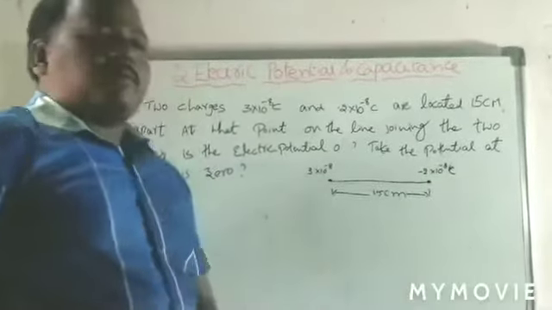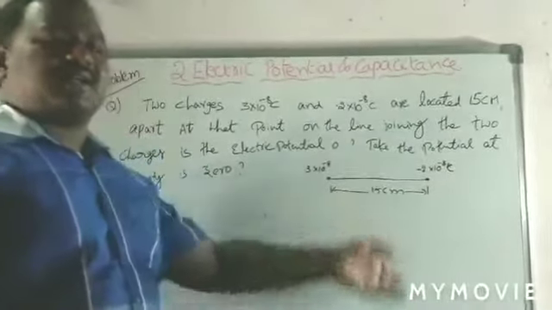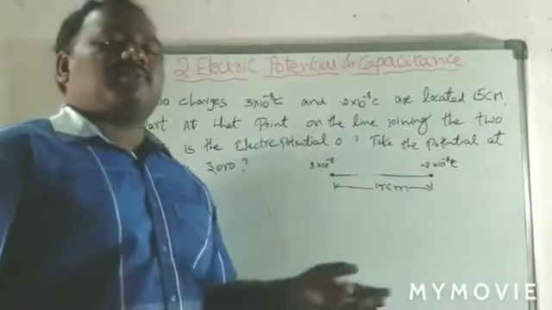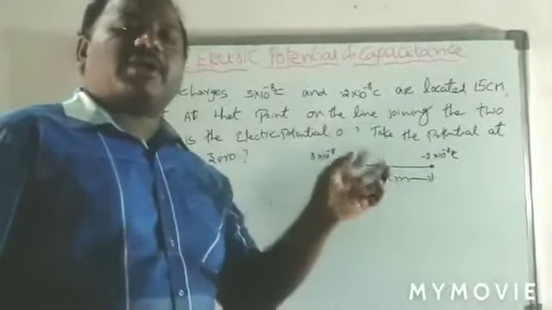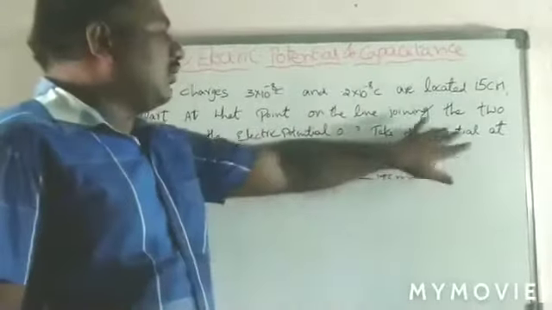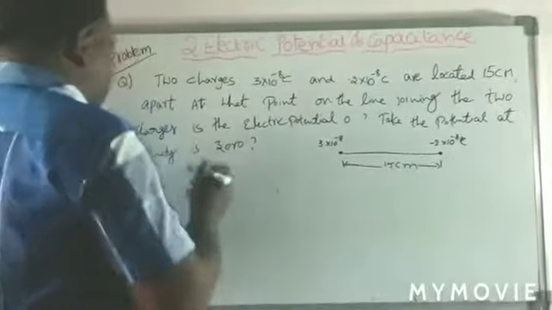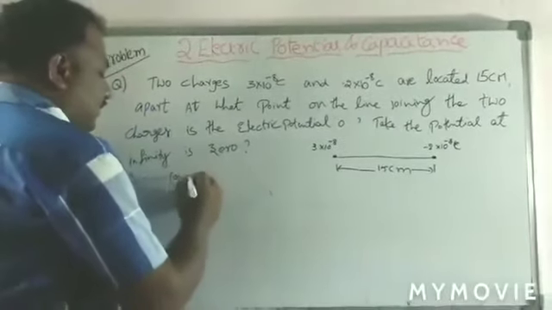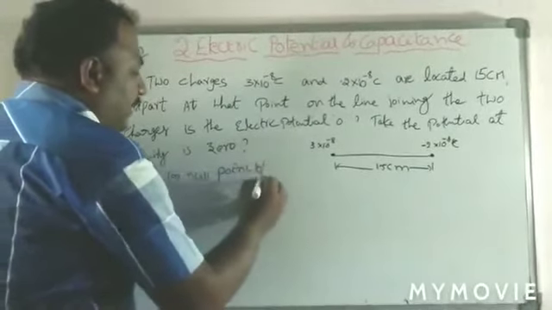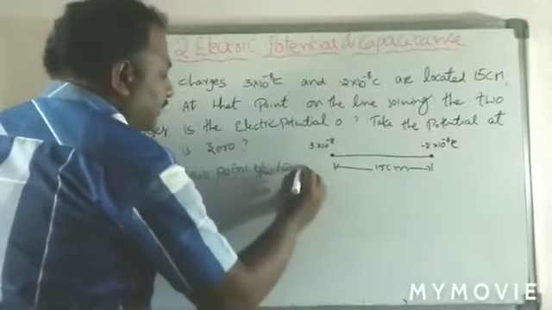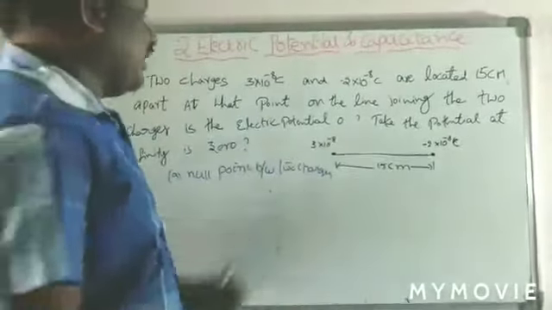Similar to the previous problem, take the potential at infinity as 0. So this is the general condition they given. Potential is nothing but potential difference. The potential difference can be taken as the potential at a point minus the potential at infinity. So no need to consider this one, but remember. Okay, now in this, the first case is the null point between two charges. Remember, two cases can be possible. The null point is in between.